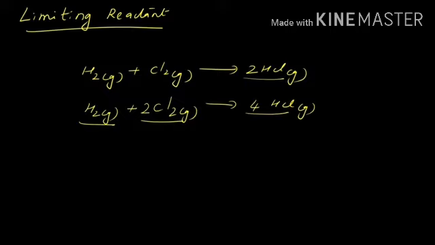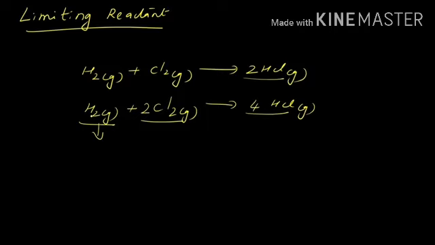Hydrogen will get consumed fast. In this chemical reaction, hydrogen will get consumed fast, and what will happen if there is no hydrogen? Then the chemical reaction won't take place further. So if the amount of hydrogen is less, we won't get the hydrochloric acid also. So that reactant, here in this case hydrogen,